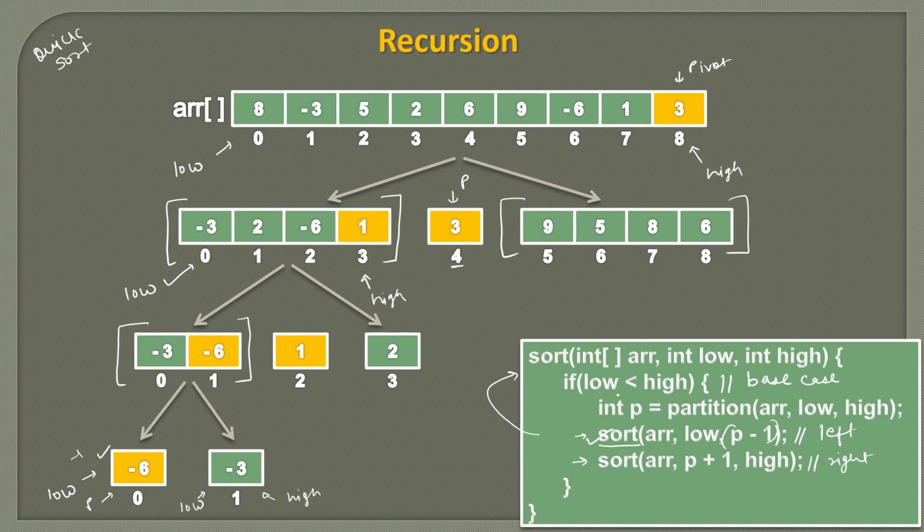So here if you see, we will again encounter the base case. Low is actually equal to high. So it means we can't divide from low to high further down. So based on this base case, this sort method will end and the call will reach here again. And the sort method which we called from here, this will also end. So minus 3 will also be at its correct sorted position. Like this.